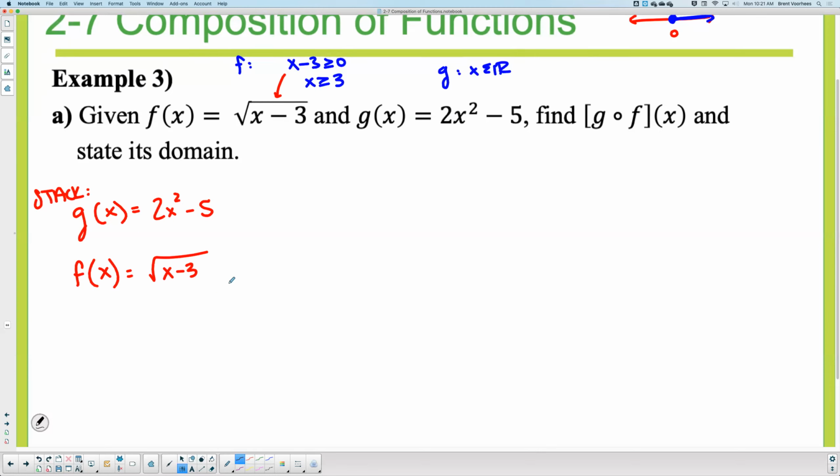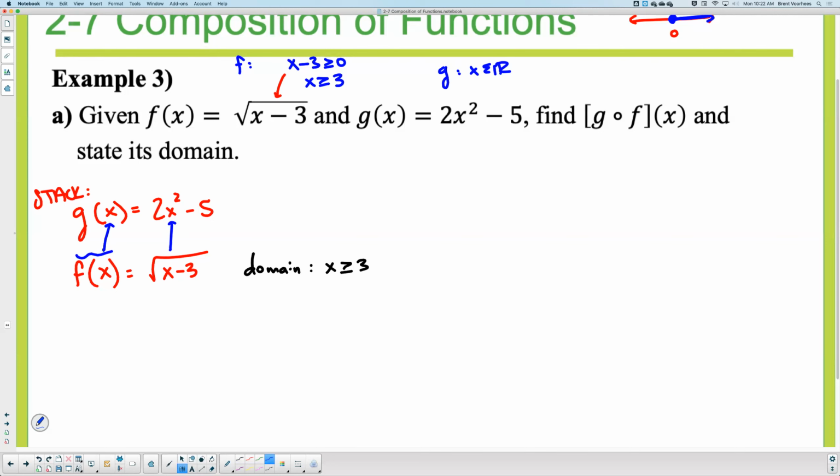Now, the way it works is once you eliminate a number, the number can never come back. So for this domain, at this stage, the domain is already limited. What are we saying the domain is limited to? It's greater than or equal to 3. Now, why is that important? Because when I plug this in here, as I substitute